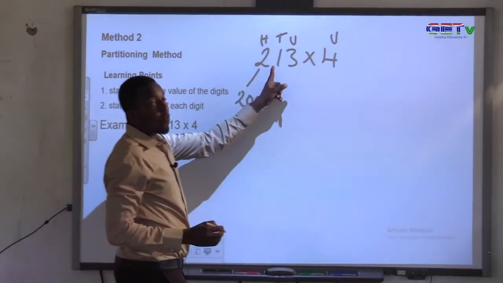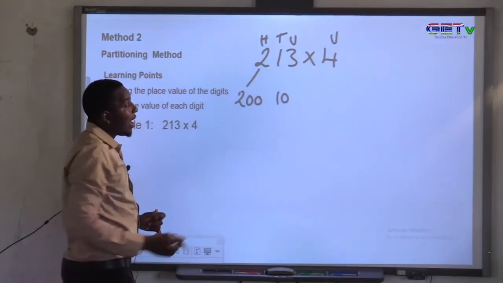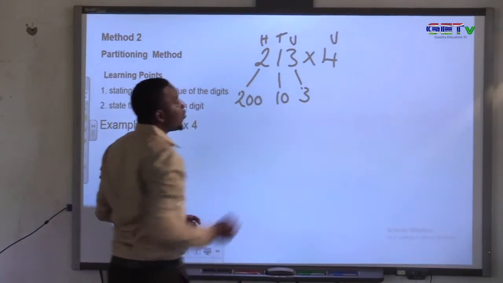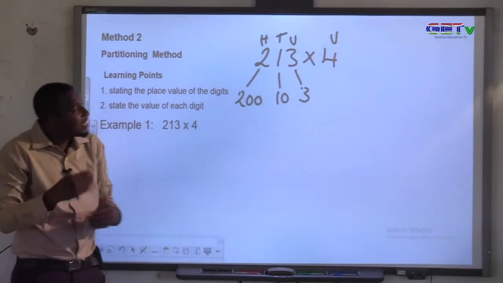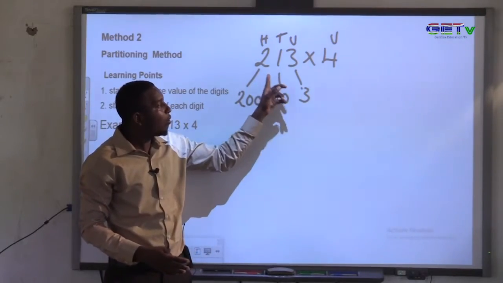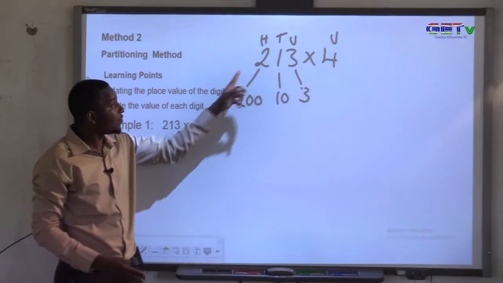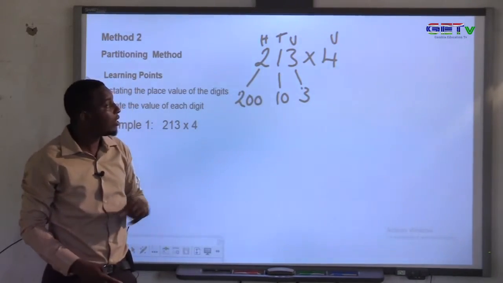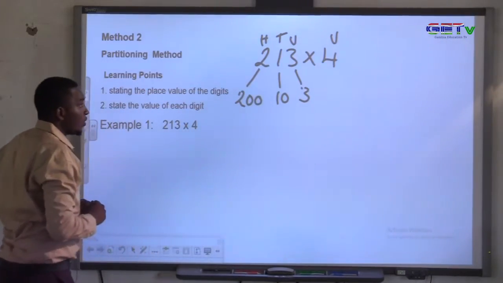The value of 1 is 10. And the value of 3 is just 3. So we are going to make the best use of the values. So now instead of multiplying 4 by 2 or 1 or 3, we are going to multiply 4 by the value of 2, the value of 1, and the value of 3. That is to say, we are going to have